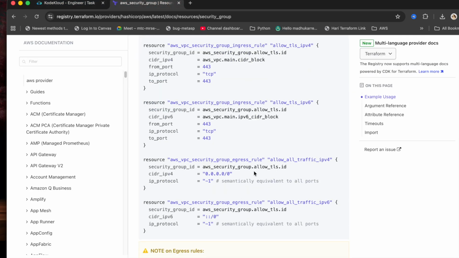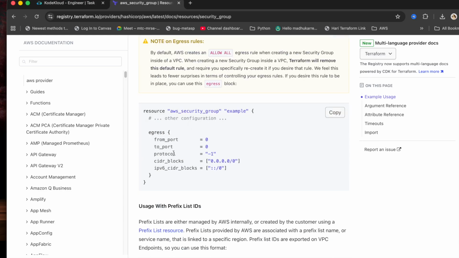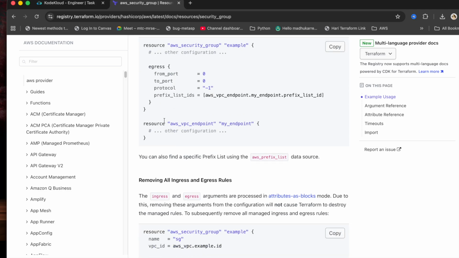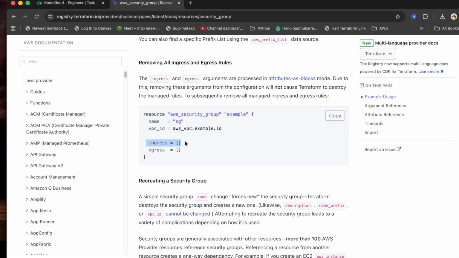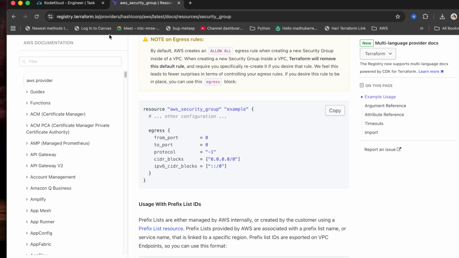So if you scroll down, you can say egress. That's for outbound traffic, and it says you can have a list as well in ingress. So that looks fine. Otherwise, let's look for